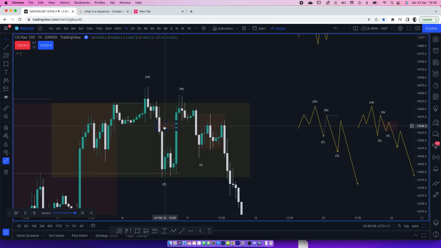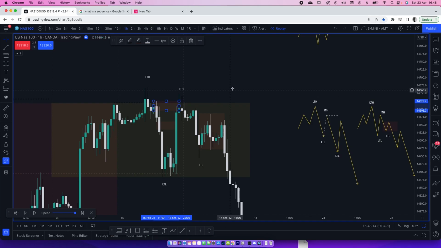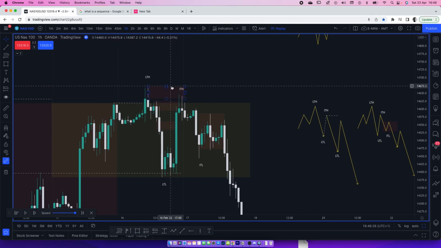Not only do you have this imbalance, but you also have this order block. Why this order block? Because you have an imbalance up here. Not only do you have this imbalance up here, but please check this out. You also have an imbalance up here. So now you have three different entries. How do you manage that?